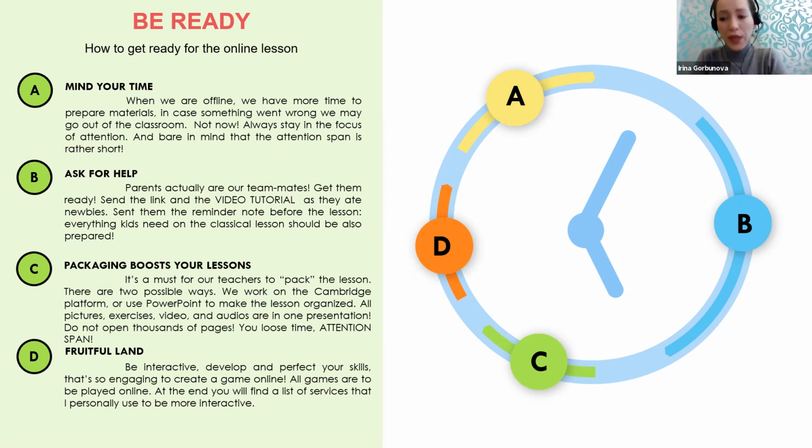The second thing we did is that we always ask for help. We ask our parents to help us. We prepare reminders or notes for them. We send them messages before the group starts, with all the things they have to prepare. There should be a book, there should be pencils, they have to take their notebooks. It seems so easy, why should we tell it? But really, they don't even know that they have to bring their books online.